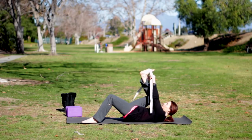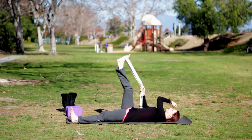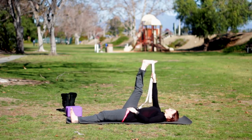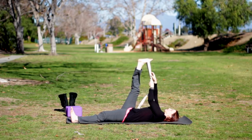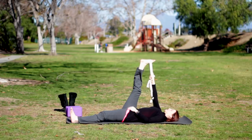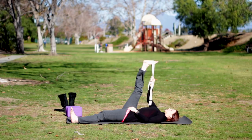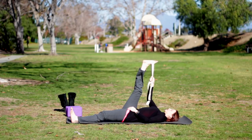Now, if you have a yoga strap, grab that and put it on the ball of the right foot, extending the left leg out. Now, you might not be able to get the leg all the way up. It's fine. Just hold the leg wherever you can. And if you don't have a yoga strap, you can use a belt or a tie or a towel. You can hold the strap with the right hand or wrap it around if that's easier. Now the left leg's active still, pointing the toes up toward the ceiling. Breathing here. Be sure that you're not creating any tension around your neck or shoulders where you're holding that strap